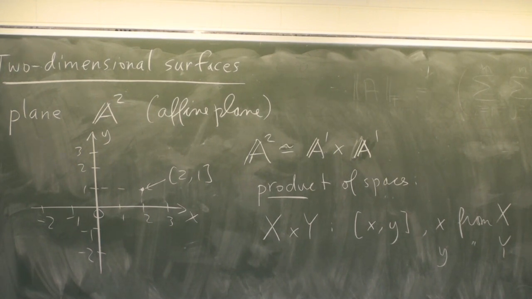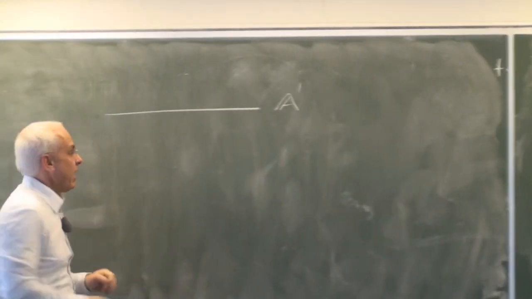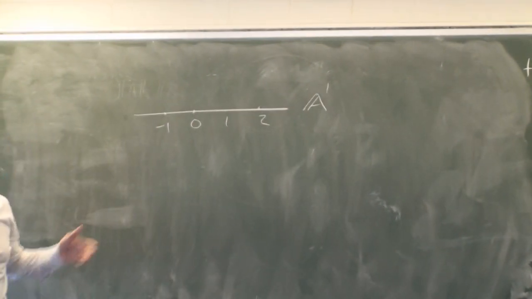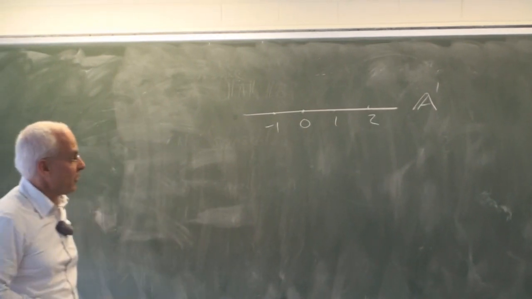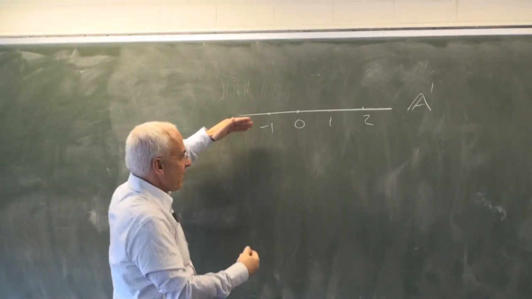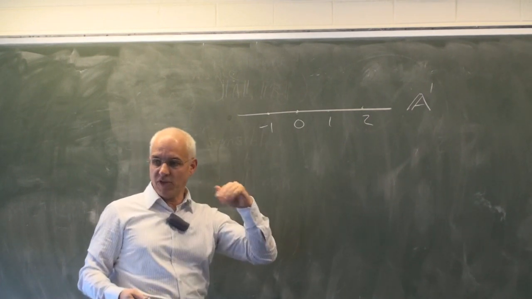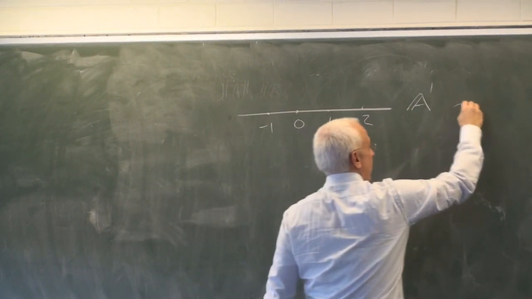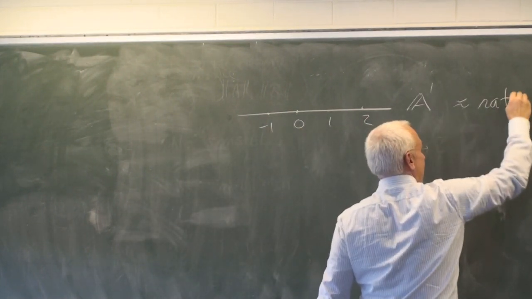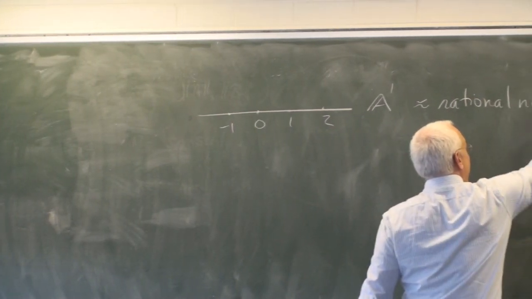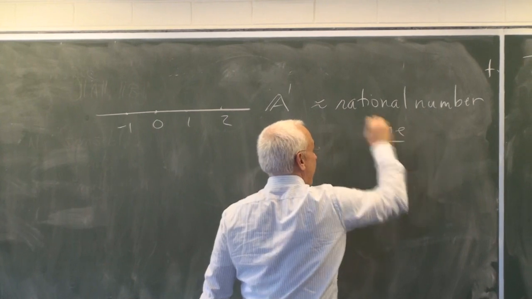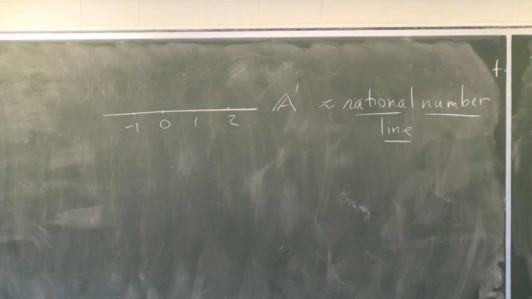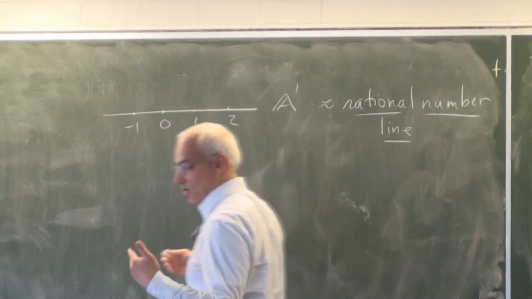So when I talk about a line, we've been calling it A1, and we're thinking about the coordinates 0, 1, 2, and so on. The natural question is, what are actually the entries of this line? And for us, most of the time we'll be thinking about rational numbers as being the basis for the continuum. So this is, most of the time, the rational number line. Now, my fellow mathematicians prefer to think about the real number line, but I have serious reservations about the real number line. I think there are very big logical difficulties.